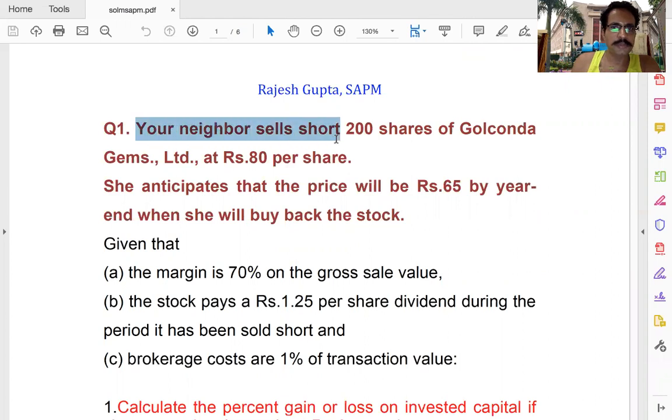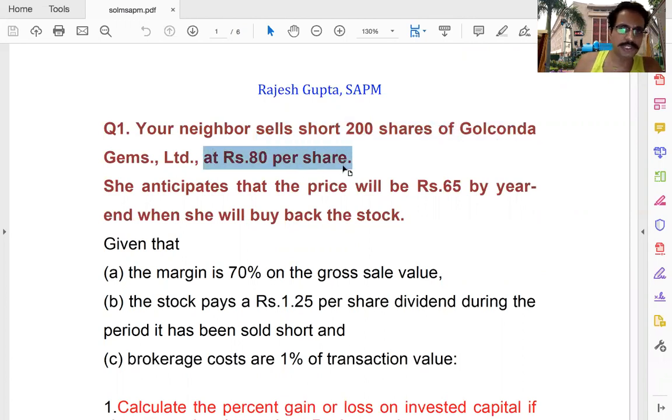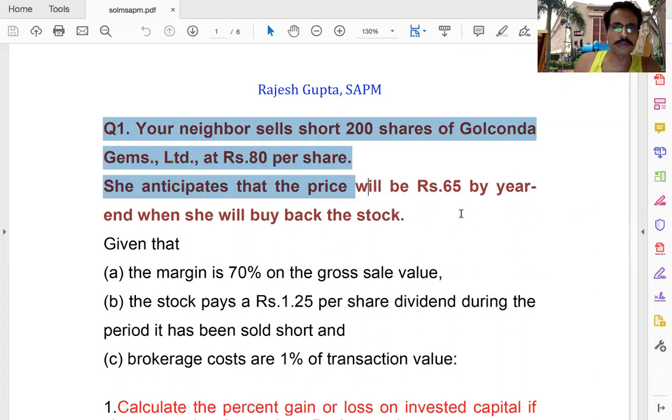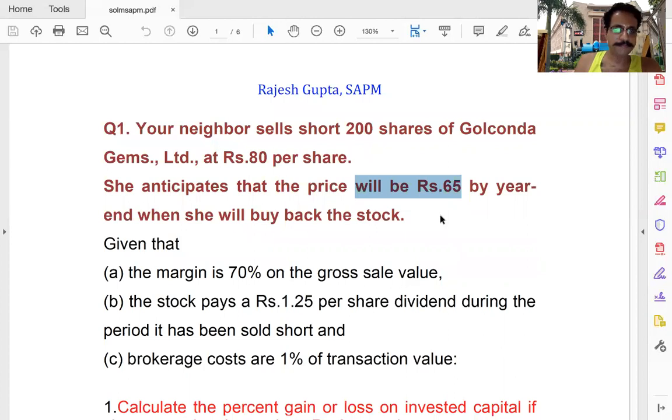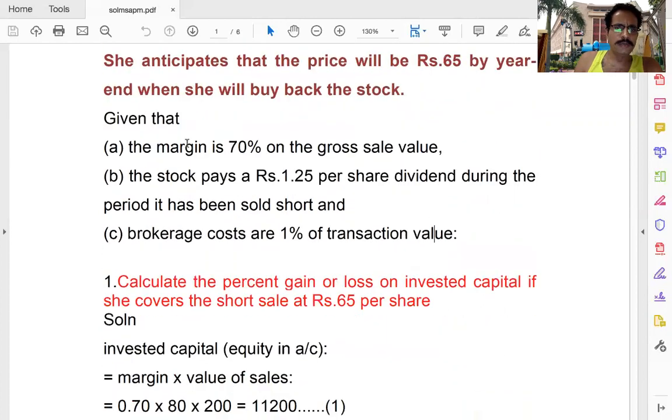Suppose there is a person who sells short 200 shares of Golconda Gems at the price rupees 80 per share, and it is expected that by the year end the price will fall to rupees 65, right? We are also given that margin is 70% on the gross sale value. The dividend on the stock is 1.25 rupees per share for 1 year, and the brokerage costs are 1% of